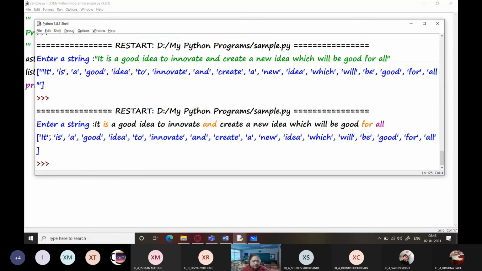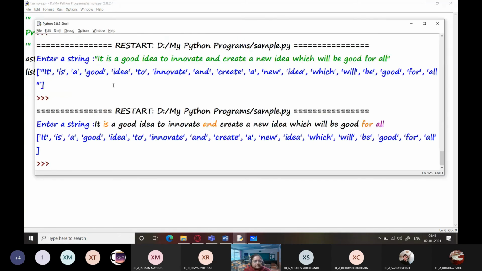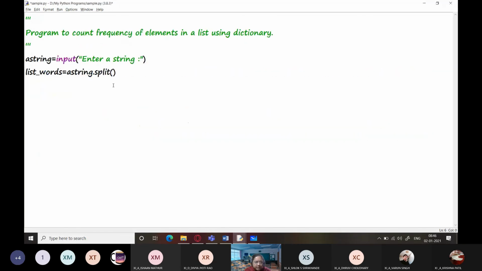Now you can see that each word is there within the string. Each word is there within the list. Now it's time to create the dictionary. So word frequency equals an empty dictionary, for